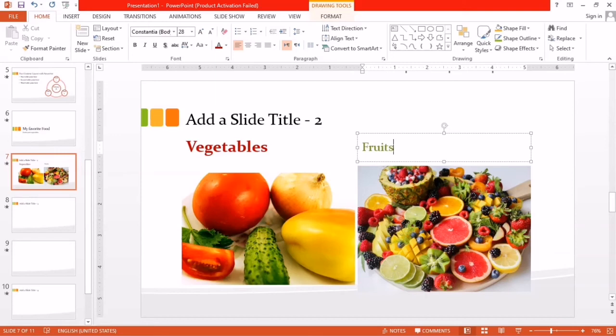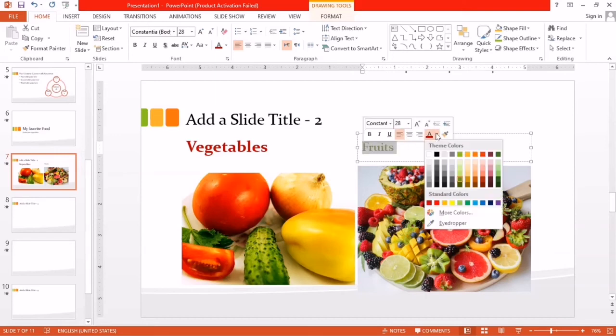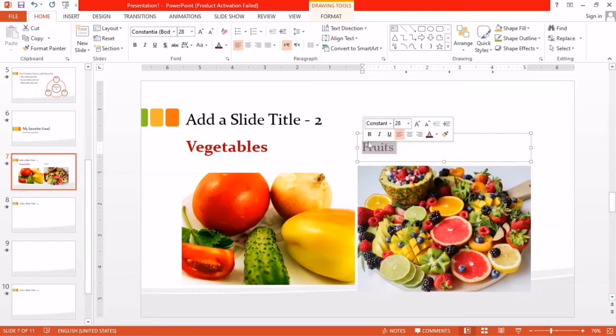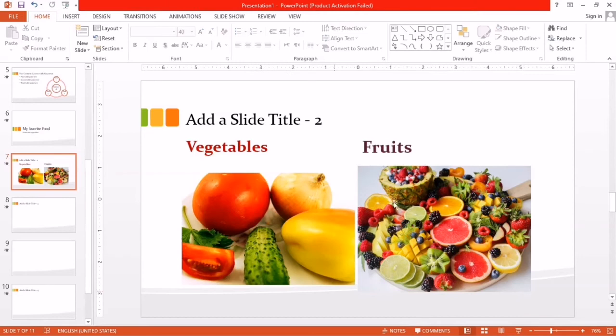Okay, now here if you want to change the color of the fruits also, you select this and change this. For example, okay, this one, and again bold it and increase the size, like 40. So you can see the final shape of this one.